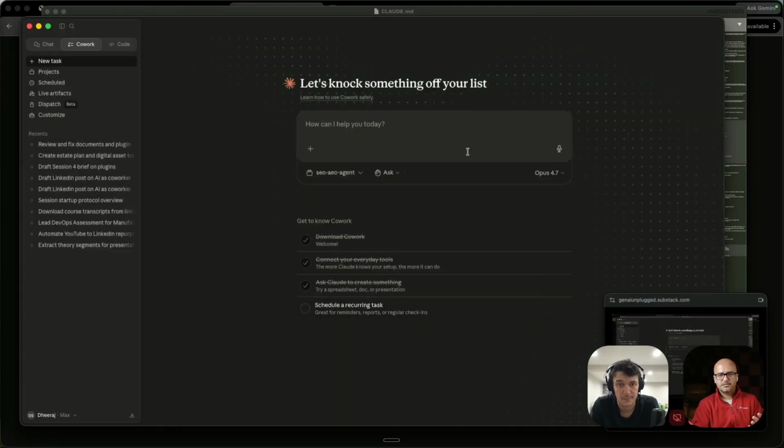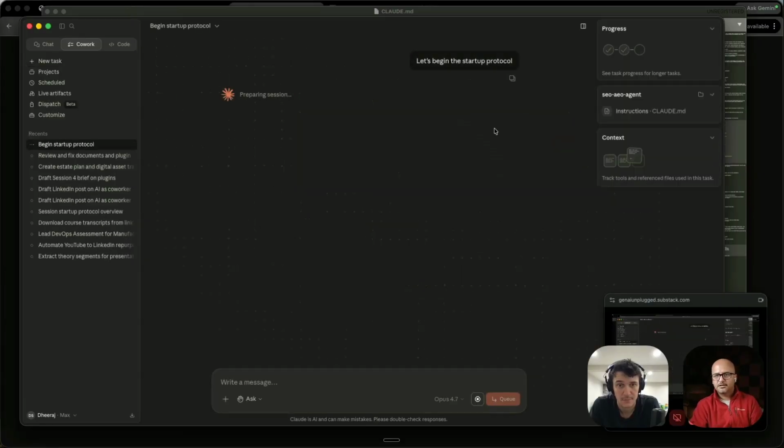I'm going to open this and say, let's begin the startup protocol. You don't need to say it, but that's generally what I do. You can see it has started loading, because I had that instruction there that in the startup protocol you load the context file. So it is deliberately going to load all the context profiles that we had.